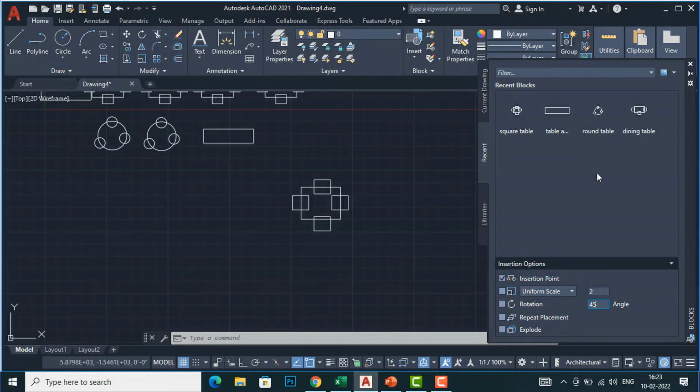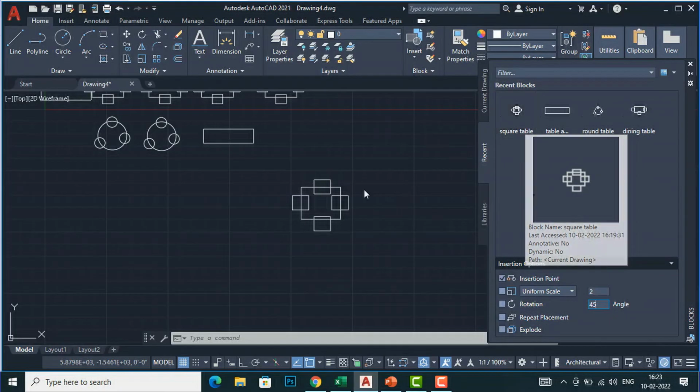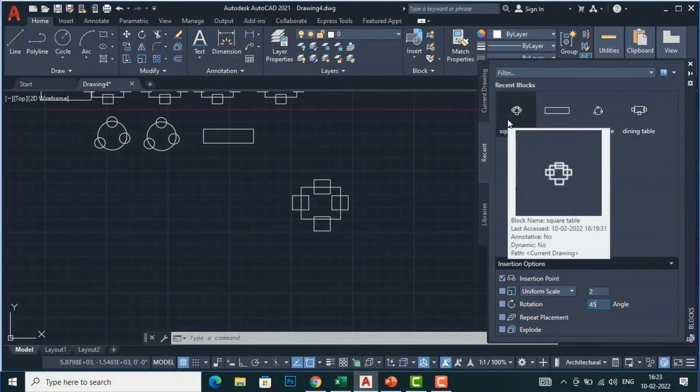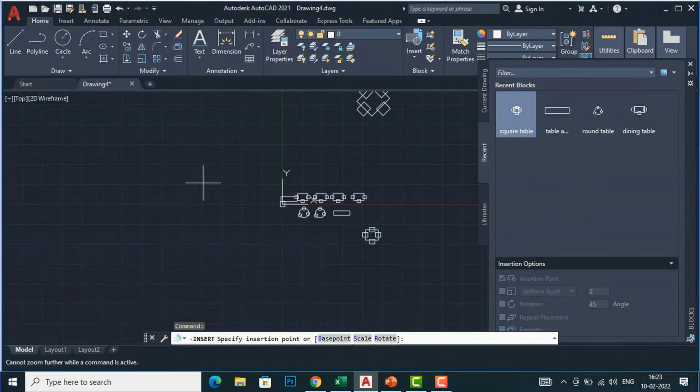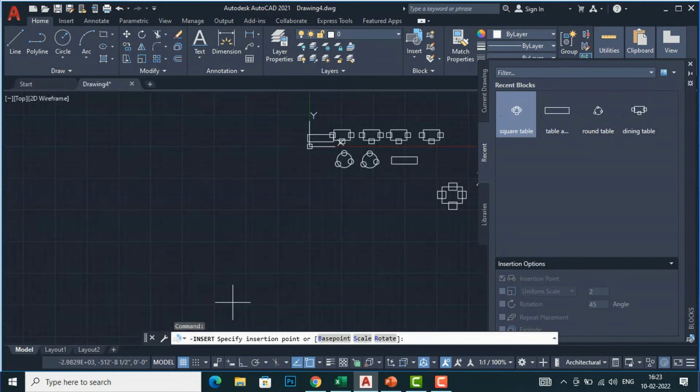Now I'm going to insert this square table here which we have created, and I'm selecting this square table and bringing this one,